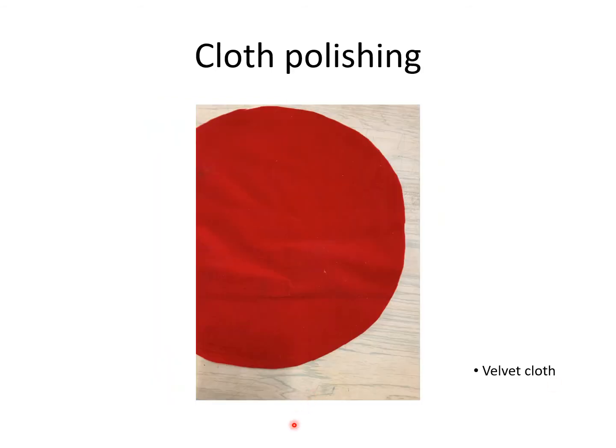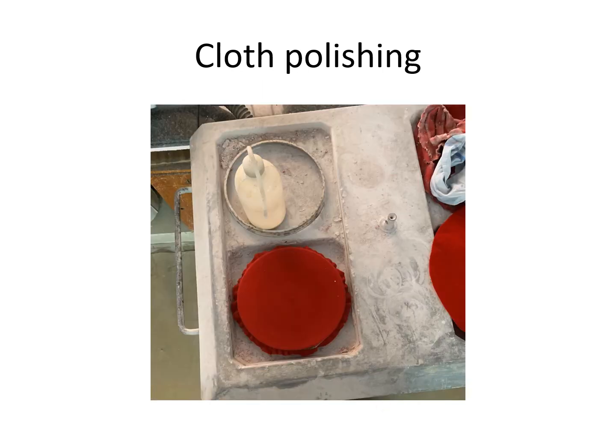And then finally, the emery polished samples are cloth polished to get a glass finished, mirror finished surface. This velvet cloth is used, and it is kept on the cloth polishing machine. Using alumina as a lubricant, we can polish so that fine scratches are removed. After the 800 emery sheet, we get very fine scratches. Those scratches are removed in the cloth polishing.